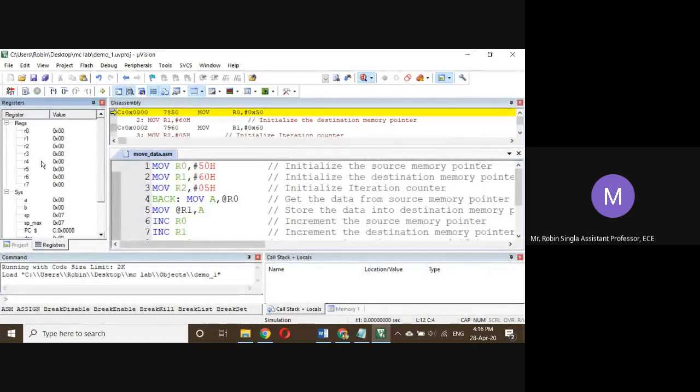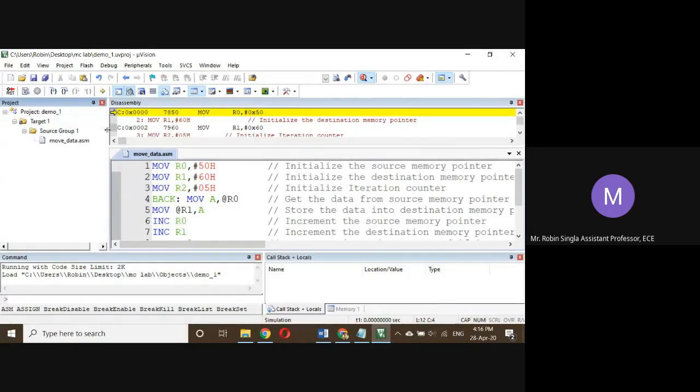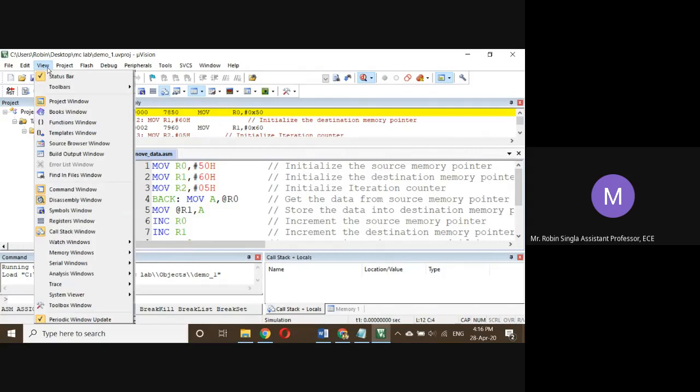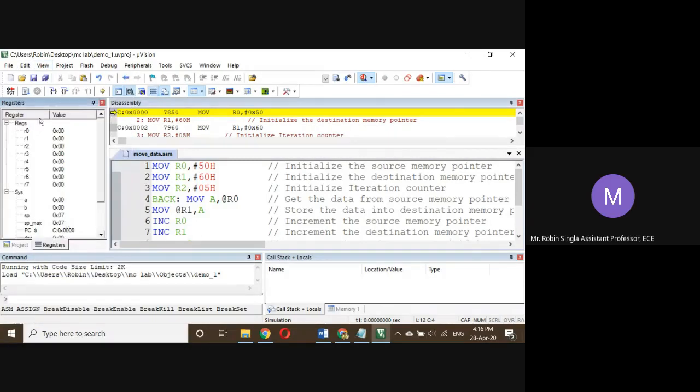Okay. So now this is your program, and this is the register window. Let's see if it is not open. We have to go to view and check for the register window. Here it is. Okay. This is your register window. And all the registers which are there to store the temporary data in the microcontroller, you can see here.